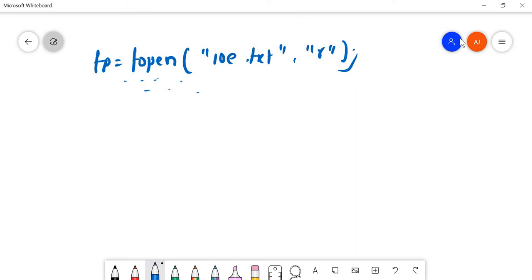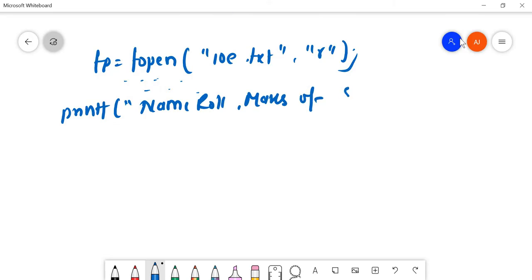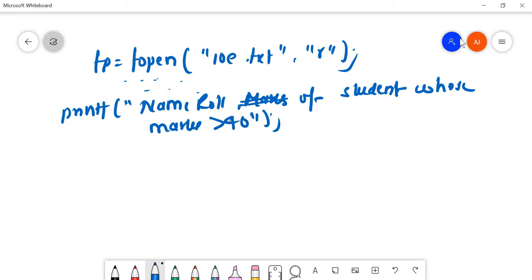So now I'm going to printf the name, roll and marks of student. I think they have asked only name and roll number of students whose marks is greater than 40. Fine.